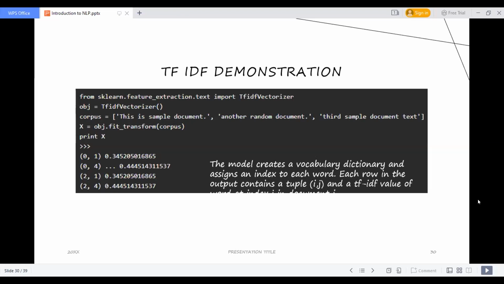As we discussed, we can calculate it with the help of the sklearn feature extraction technique. We just need to import the TF-IDF vectorizer, pass the data we have, and we will get the output for that.